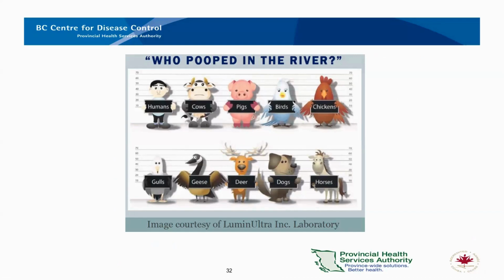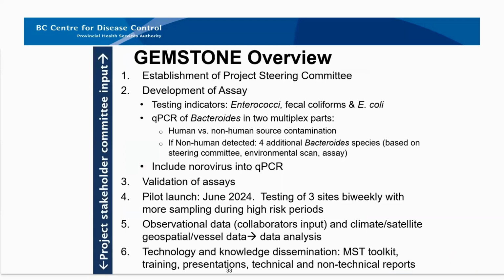And we're using specific genetic markers to better understand the sources of pollution, whether they're human and non-human, and if they are either of those, where they might be originating from, to better understand the risks to the oyster production, as well as to reduce the impacts on human health. We go to the next slide.